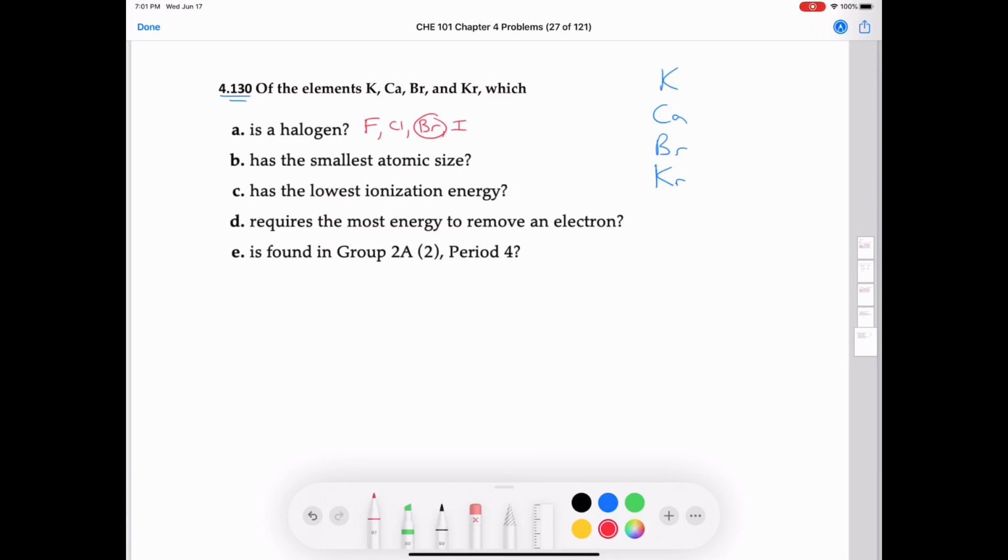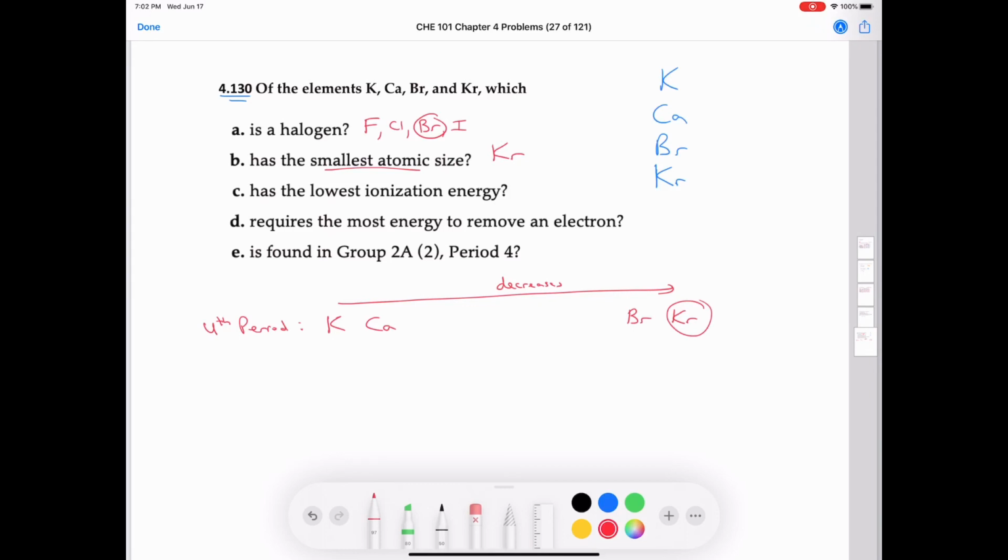The next one says, which one of these elements has the smallest atomic size? And if you look at these elements, there's something that they all have in common, and that is that they're all in the 4th period. And the order they are in the 4th period is that first we have potassium, then calcium comes after that, then we go a ways over, then we have bromine, and then we have krypton. And so in terms of the smallest atomic size, as we discussed in the last question, we know that atomic size decreases as we go from left to right across the periodic table, and therefore krypton will have the smallest